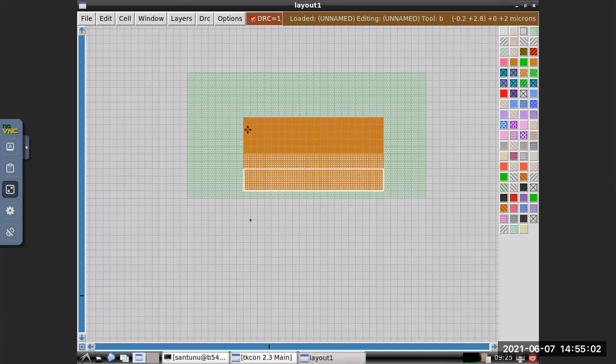Now it is 2 micron. Then the nwell overlap should be 1.2 micron, or 6 boxes. 1 box I have given, another 5 I have to give. 1, 2, 3, 4, 5.